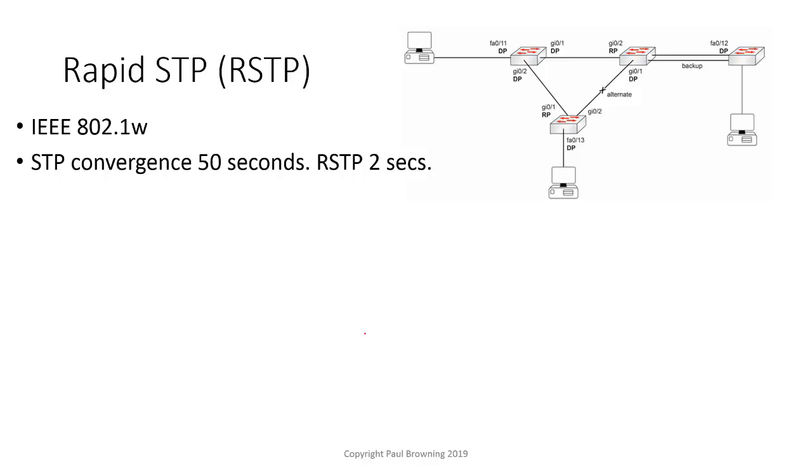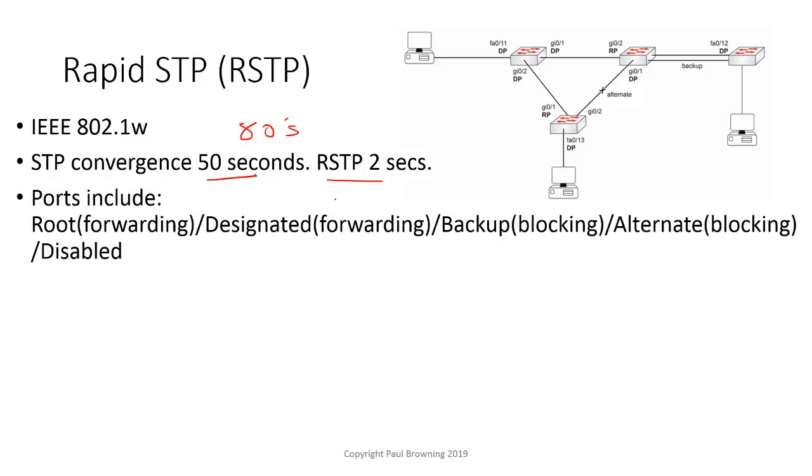STP originally converged in about 50 seconds, which was fine maybe back in the 80s when there was probably just one or two main computers. Nowadays it would be catastrophic. So rapid spanning tree is actually milliseconds, but the documentation says it could be 2 seconds or less. The port states you'll need to know include root port, designated, backup, and alternate or disabled, and you'll need to know what each of them does, which you can read up more in your textbook